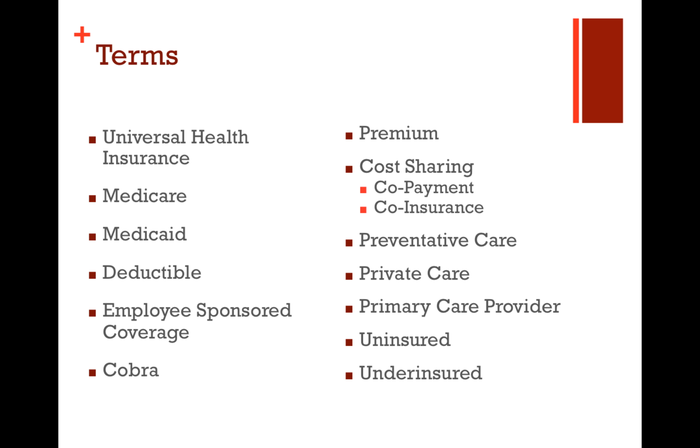Coinsurance is different in that you're not paying a flat rate, you're paying a percentage of the bill. So if you see your physician and the bill is $100, you might need to pay 20% of that bill, or $20. However, if the bill is now $200 and you have a 20% coinsurance, your part of the bill will be $40. And if you need services that cost, say, $1,000, your coinsurance will be $200. So it can get incredibly expensive, and prohibitively so.